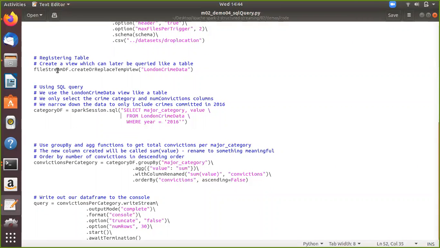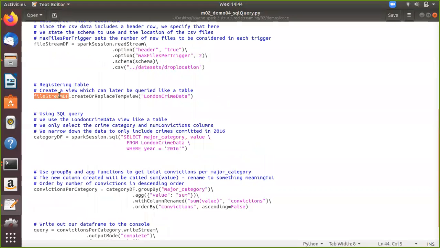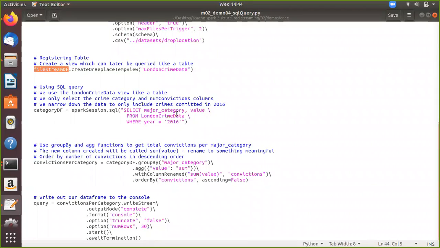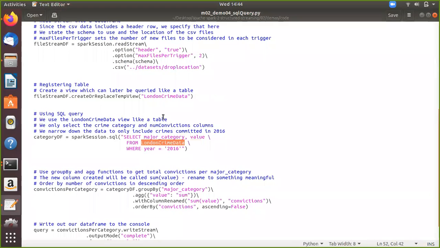Okay, so the main data frame is here. Our data frame is the table. I just want to get the major category and value, only two columns. I'm removing everything else because I don't want anything else. So I'm just selecting category and value from this table. The table is nothing but the data we are reading, and then filtering for the year 2016. Then I'm doing group by and aggregation again as usual, and getting the output.